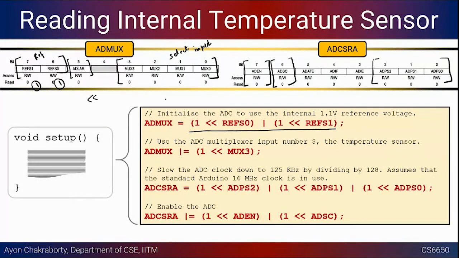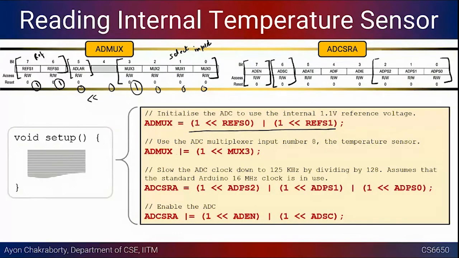Okay. And then what we do is that the input has to be 8 as mentioned earlier. So this mux value, mux 3, has to be left shifted. So we are having a value of 1 here. So taking mux 3 is basically this 3. So it will be left shifted by 4 places. So this will become 1 1. This will be 0. This will be 0, and the remaining things will be 0. So this 1 1 0 0 1 0 0 0 will be the value of the ADMUX register.